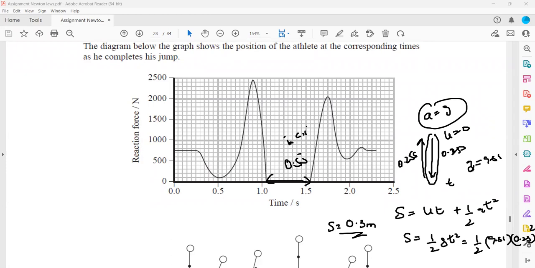You can also take the first part of the motion. The reason why I did not take the first part is that if I take the first part, the final speed is 0. Then first I have to find the initial speed, and from the initial speed, I have to find the time and the displacement. The initial speed won't be 0, and the acceleration will be due to gravity. I have the time, so first I'll find the initial speed, and from the initial speed, I have to work out